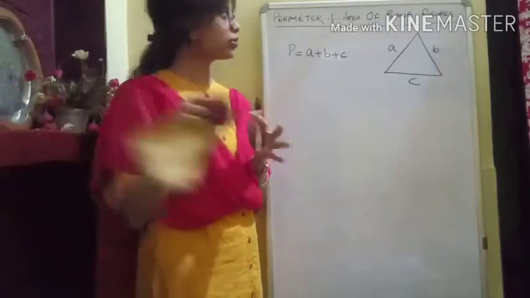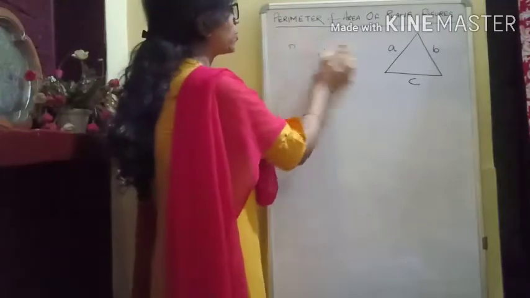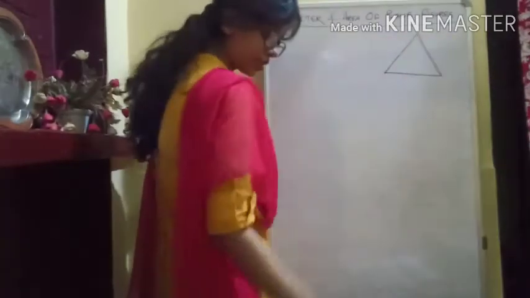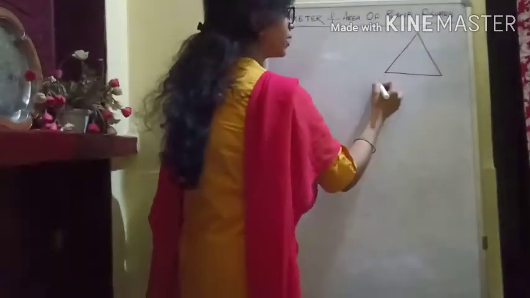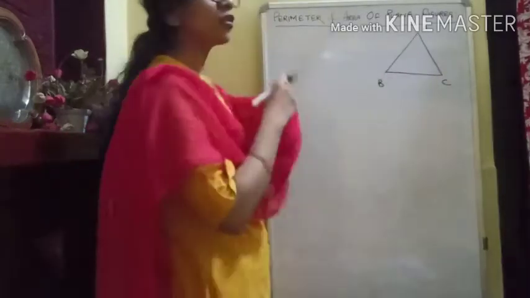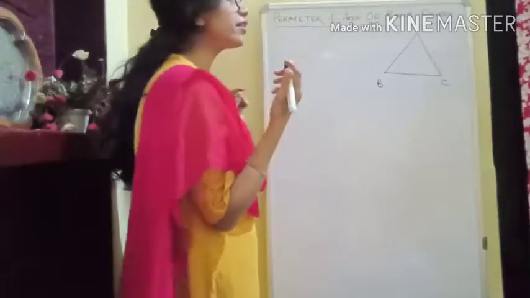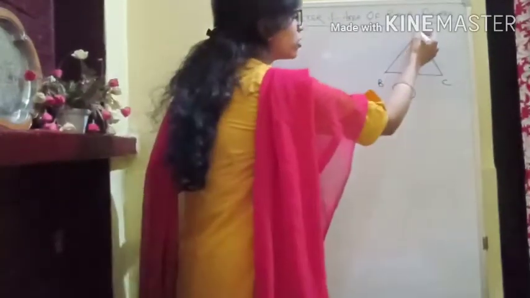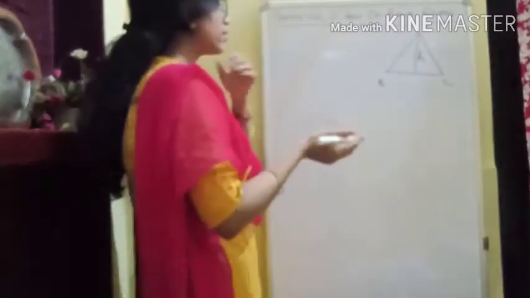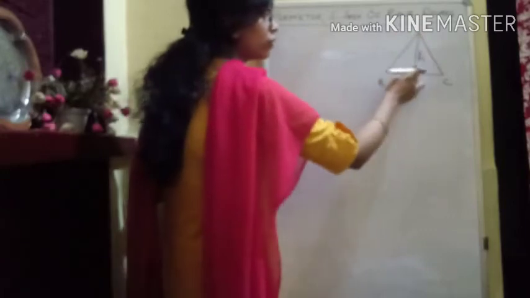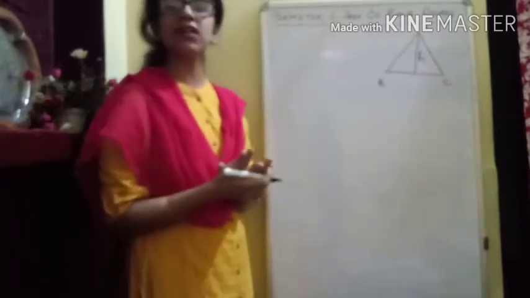But here we are more concerned with calculating the area. How to calculate the area of this triangle? Let's say this is a triangle, let's name it A, B and C. What we have learned is that to calculate the area of a triangle we should know the base of the triangle, and if the height, the altitude of the triangle, is also given, let's say it is h, then the area can be calculated easily. The height is perpendicular on the side BC, that means BC is our base.